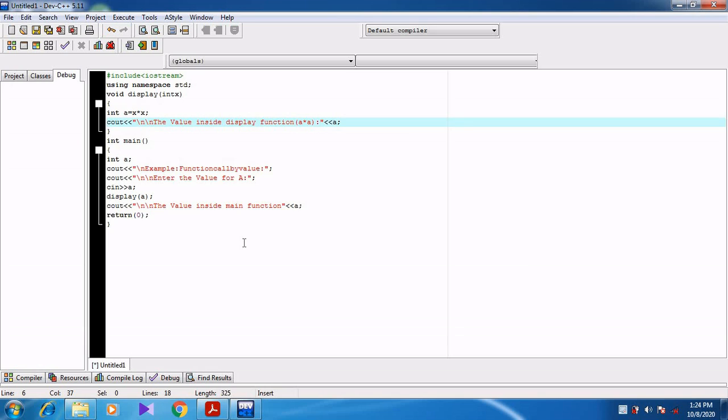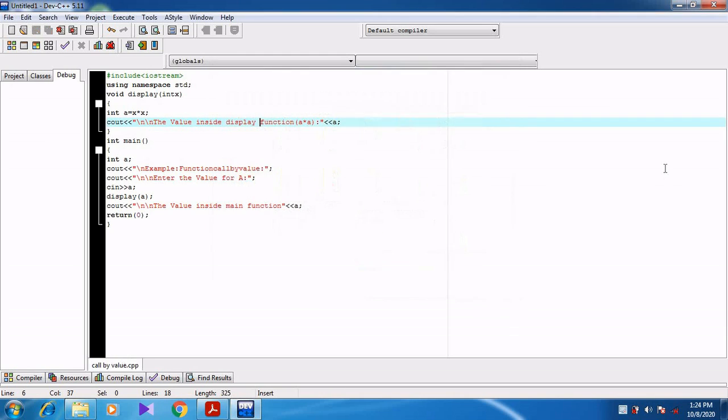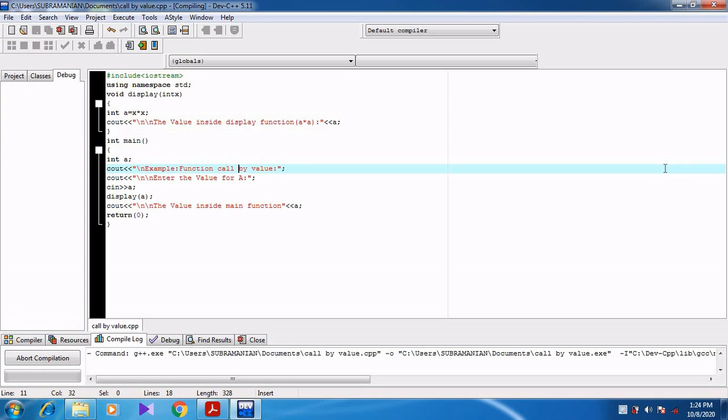So Ctrl plus S means the save as dialog box. I am saving the file as call by value. When I press the enter key, it automatically saves the file. So now when I press F11,